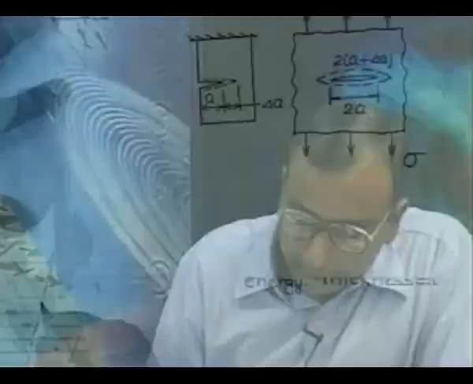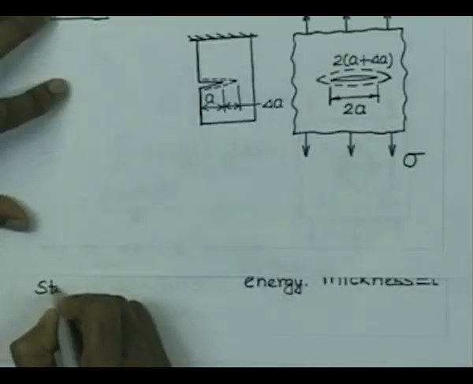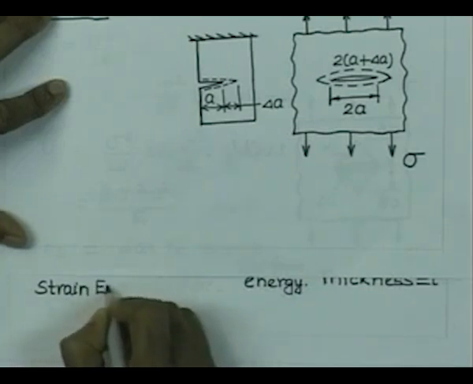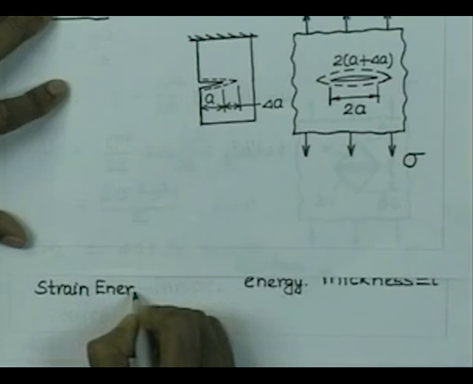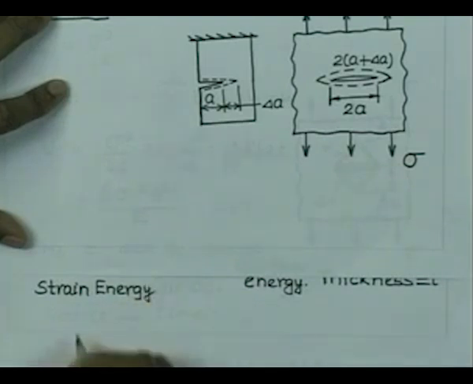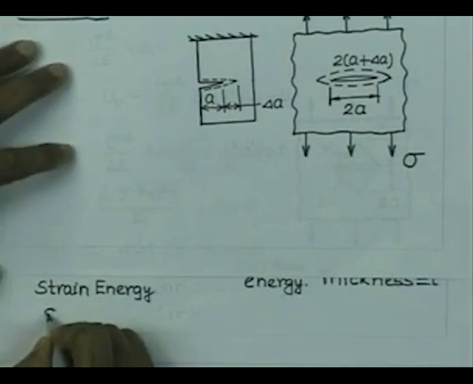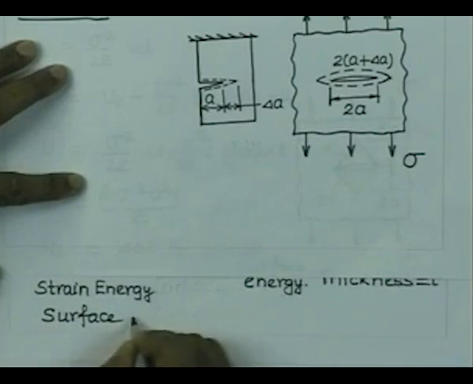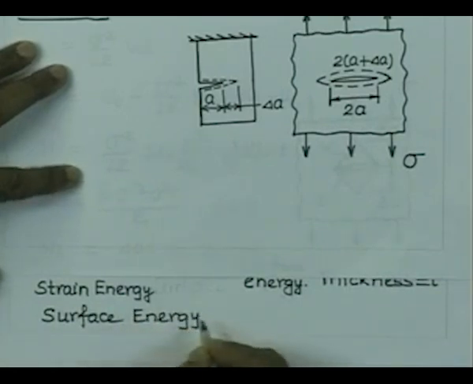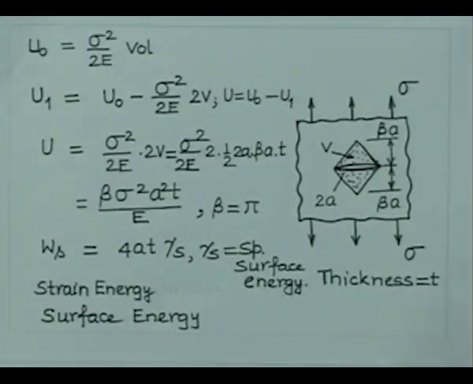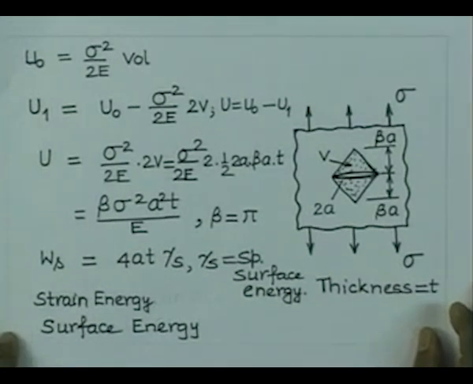On the one hand, you have the strain energy, and the other form of energy is nothing but surface energy. So, these are the two forms of energy which are going to be involved in the crack propagation process,